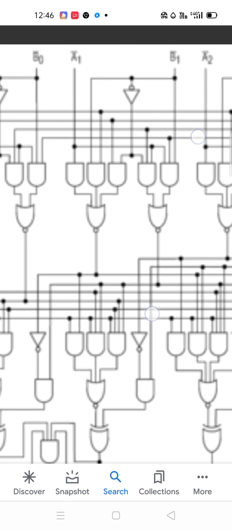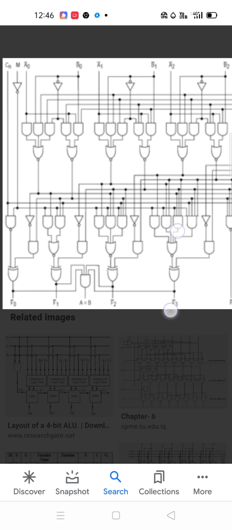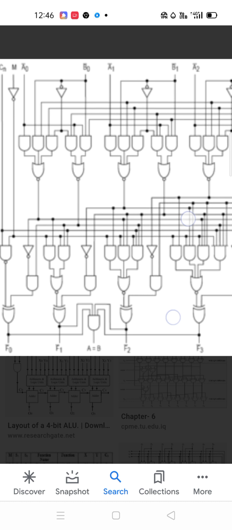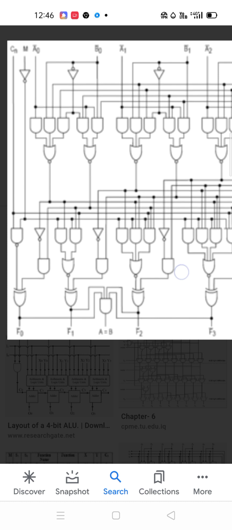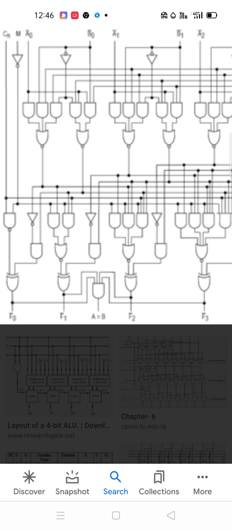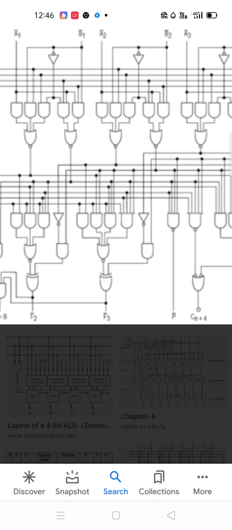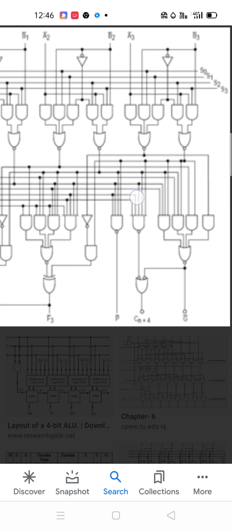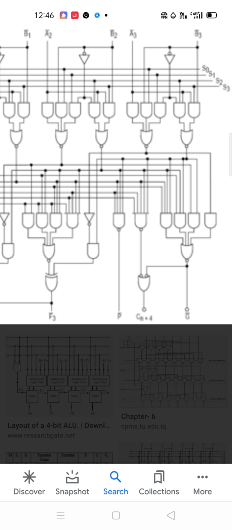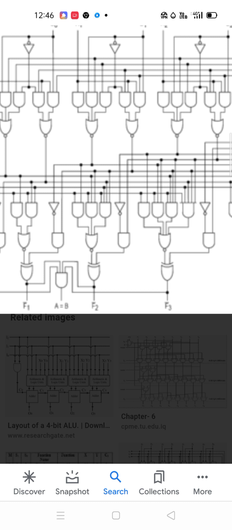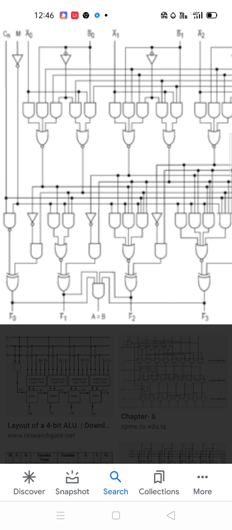If you see the arithmetic and logic unit, here he has given four of these. The four of these are the control signals, and these are the status bits. This is the operation code. A and B are the input operands: A is the input operand A, and B is the input operand B. S1, S2, S3 are the status operation codes or registers, and finally you have the output registers at the bottom, showing what kind of operation has been done and what the output is.